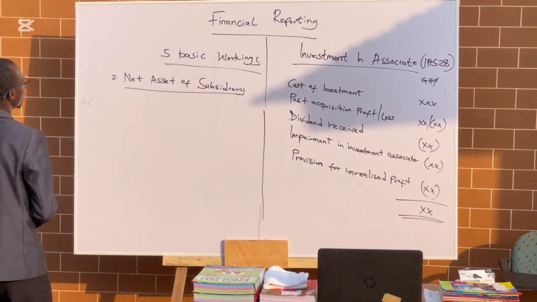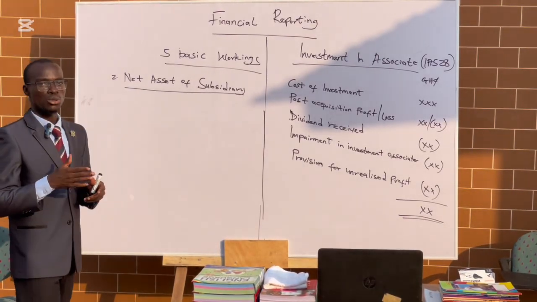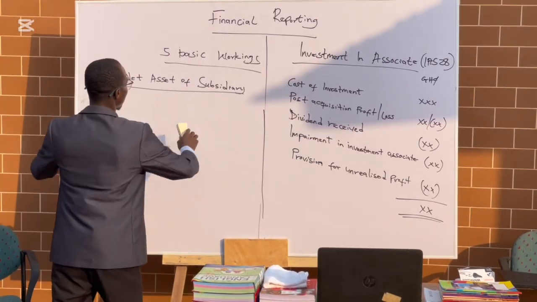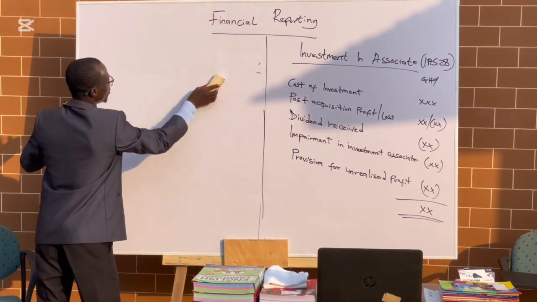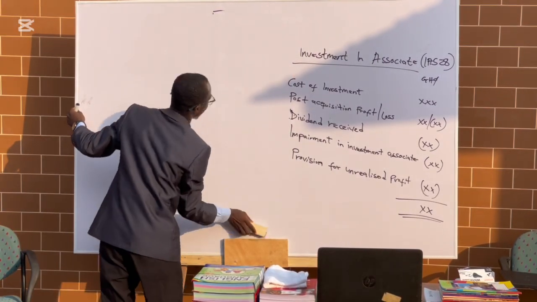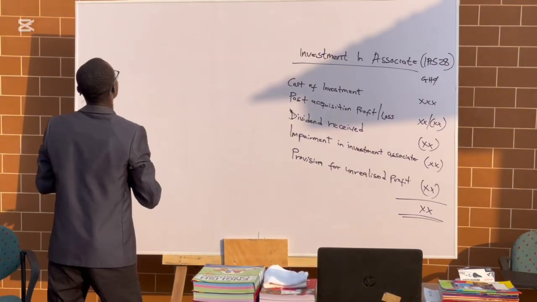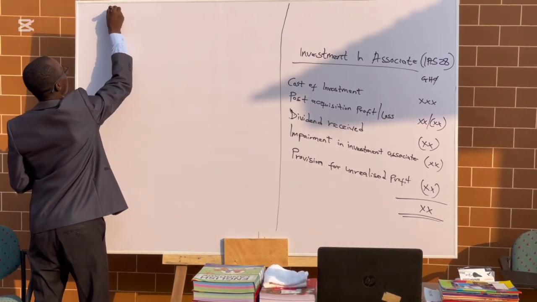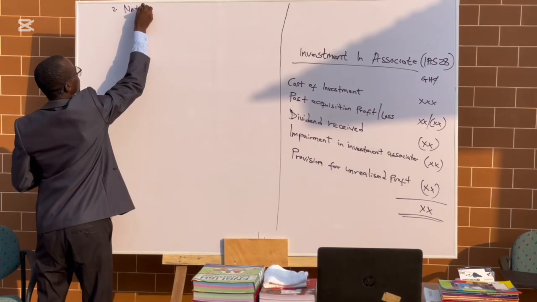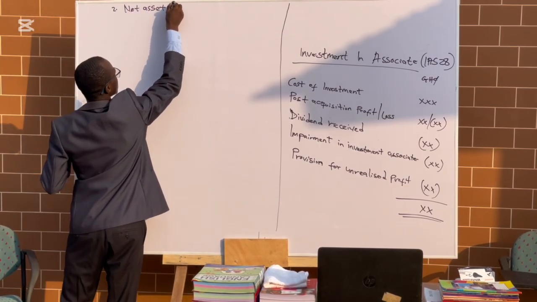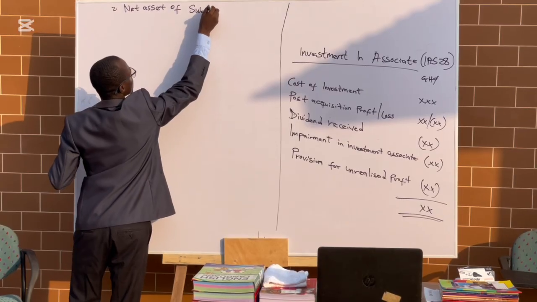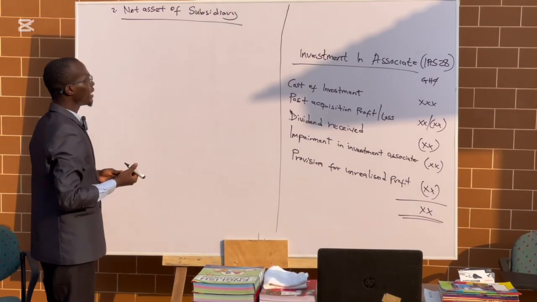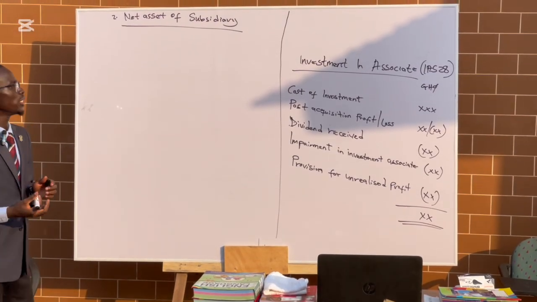So if you want to go through this, you also need to know some things. First, under the net asset of the subsidiary, let me bring this one out and make the board big. Okay, so under the net asset of the subsidiary, you need to get to know that there is some